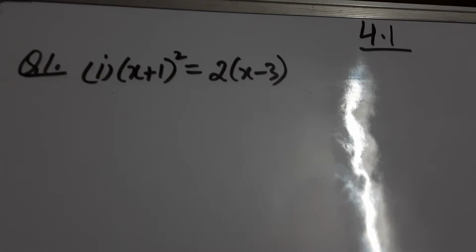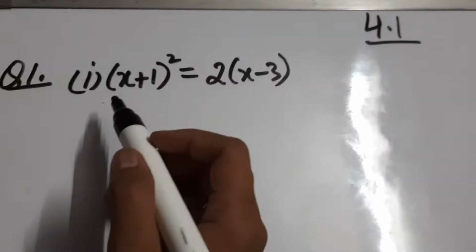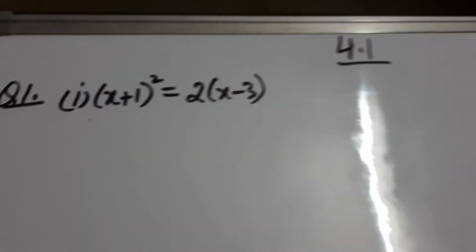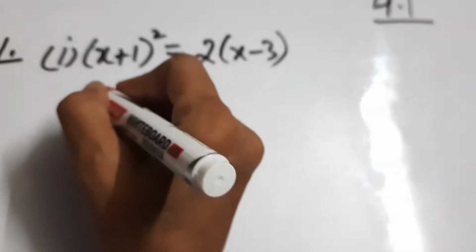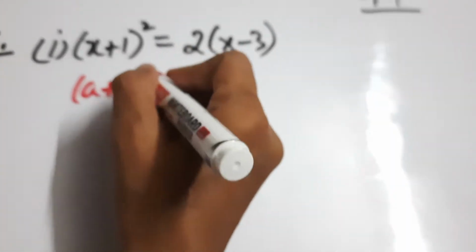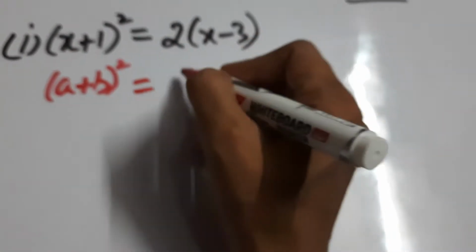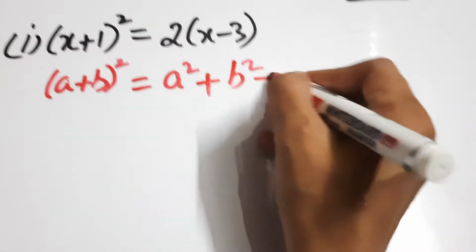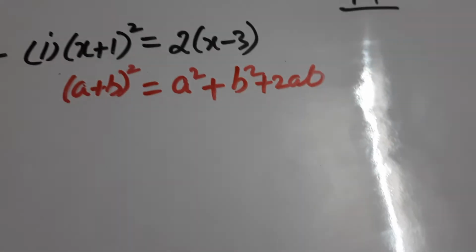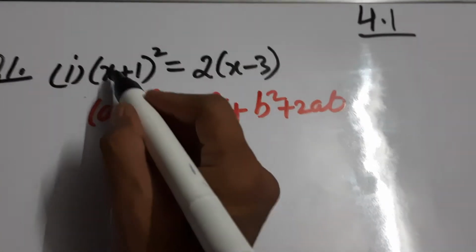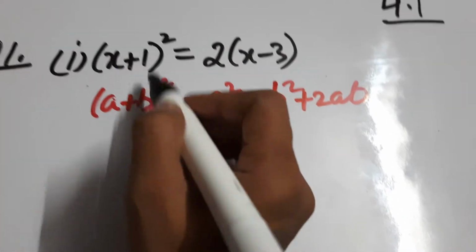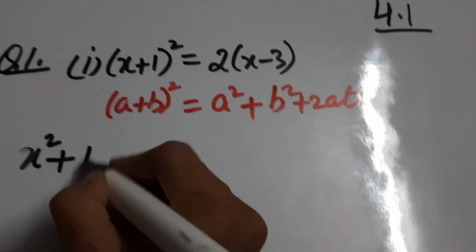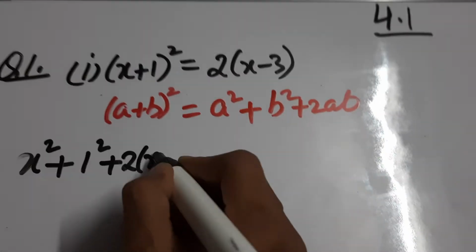So dear students, this is the first part, 4.1 first part. So a plus b whole square, we will use the identity first of all. So which identity we are going to use? We will write it here, a plus b whole square, because plus sign and whole square is there. So identity is a square plus b square plus 2ab. So we will apply this identity first of all and then we will solve. So in place of a, x is there, in place of b, 1 is there. So let us apply. A square means x square plus b square means 1 square plus 2 into x into